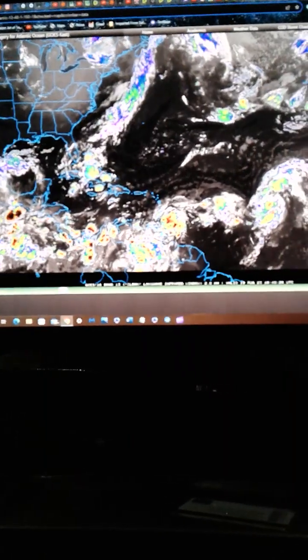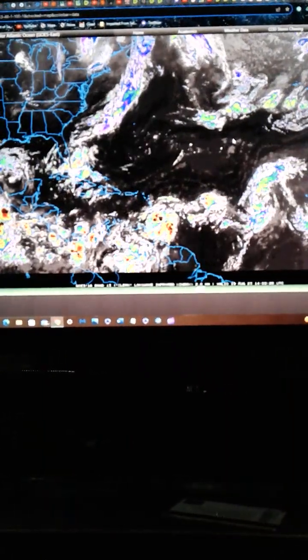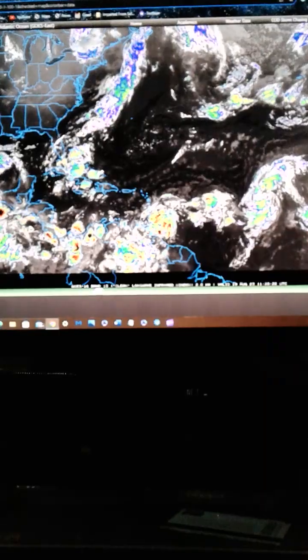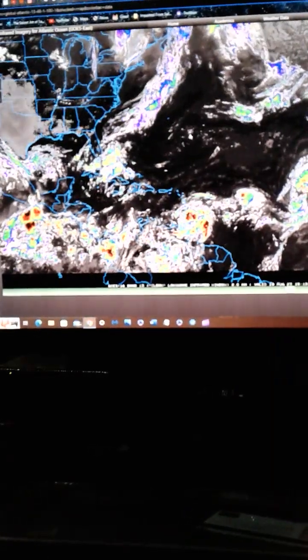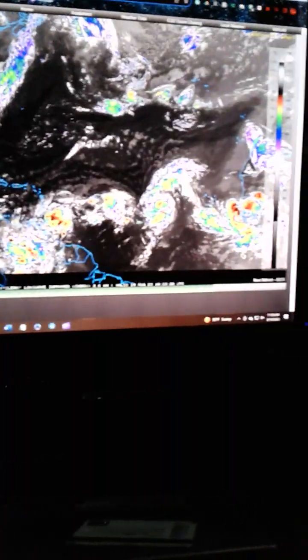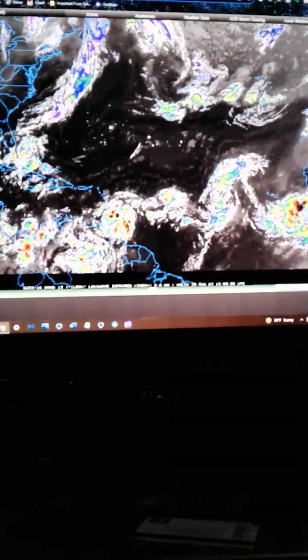Here's the East Coast. See how clear it is? I only have two dishes that way now because Pegasus is over there on that hurricane. But even with those two dishes that I have on it, Griffin and Icarus, look how clear it is all the way now. It looks like a wing. Looks like a big wing going this way. It's all clear, and these storms